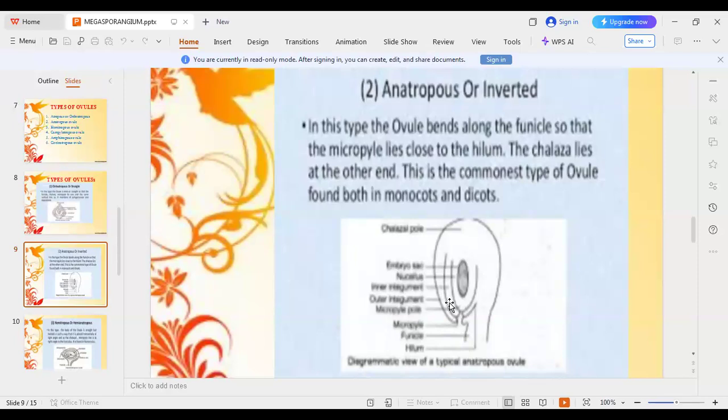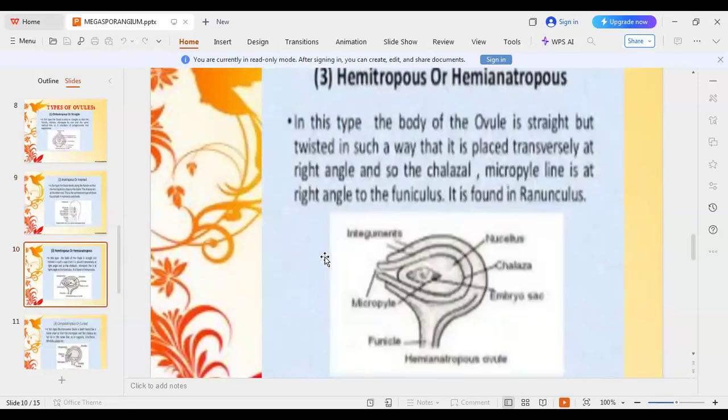This is the commonest type of the ovule. So it's very common in the angiospermic plants. Majority of plants have this type of ovule, that is the anatropous or inverted ovule. So they are present in the dicots and monocots. Common ovule type is the anatropous or inverted ovule. So this is the very commonest type of the ovule, found both in the monocotyledons and dicotyledons. And third one is the